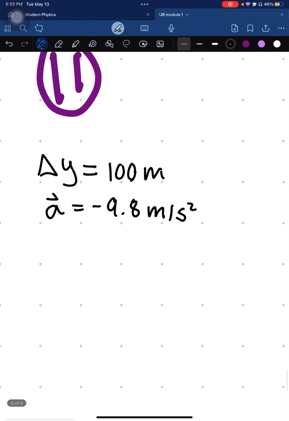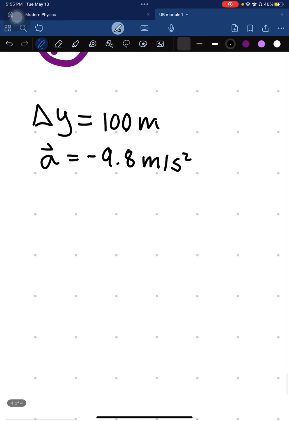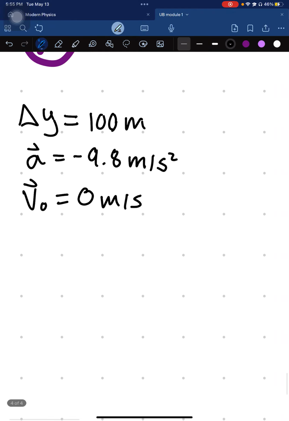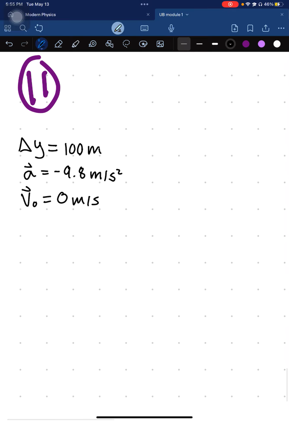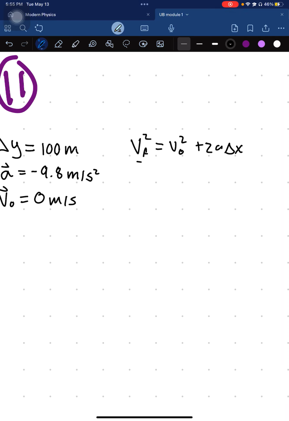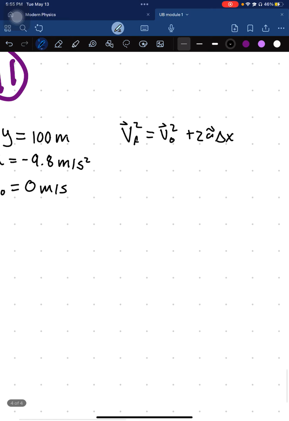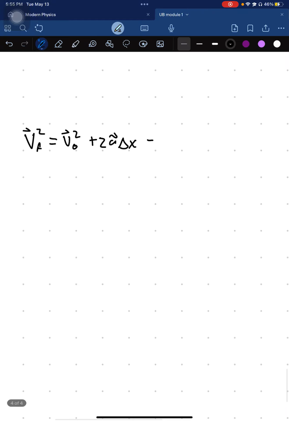Okay, so our acceleration, which is only acceleration due to gravity, we know that is negative 9.8 meters per second squared, and our v naught, since it is dropped, it is starting at 0 meters per second. It's not thrown down, it is just dropped down, free fall. So for this, I know that vf squared equals v naught squared plus 2a delta x, because I am trying to find our vf, and I have v naught, I have acceleration, and I have delta x. So this implies that vf equals the square root